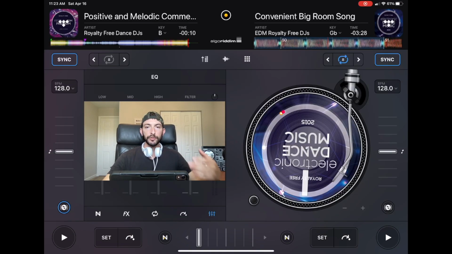Skip feature is a really convenient feature that I think is very overlooked in the DJ Pro app. So I'm going to show you guys how to access it and give you some examples of what you would use it for. Okay, so when you're in classic mode, if you switch over to the mixer, you have the